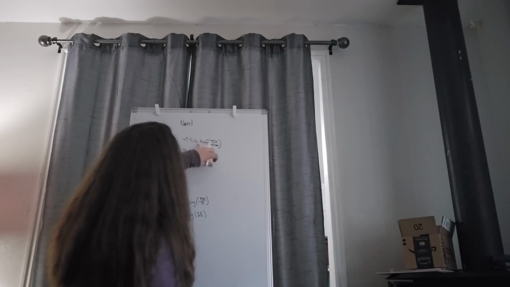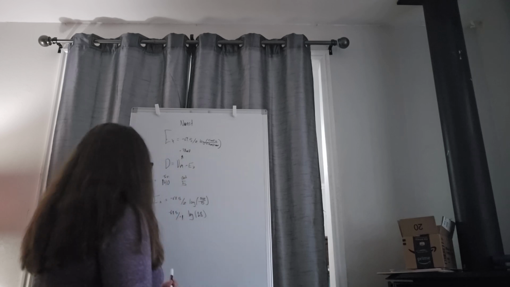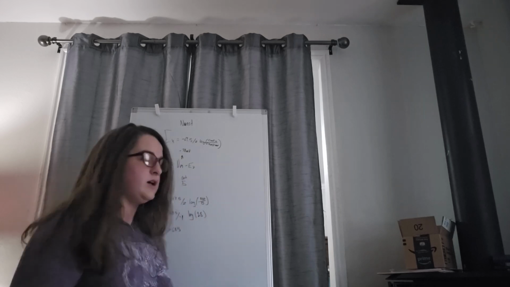Real fast, Z is the valence, so it'll be plus 1 because potassium is plus 1. So this would become negative 61.5, and then